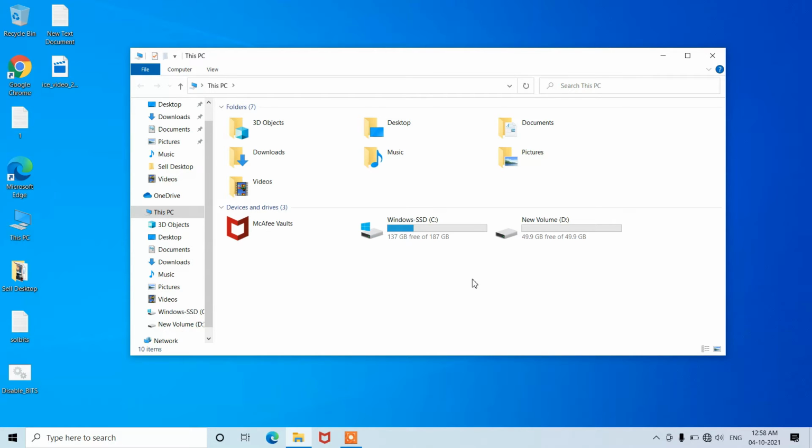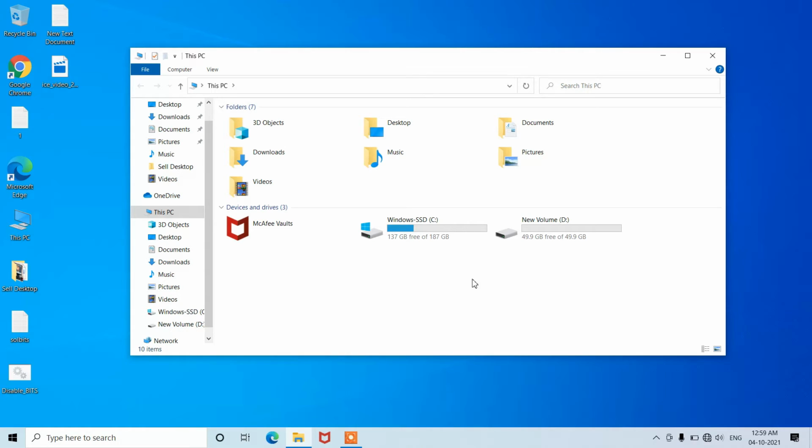Now one thing that you must be thinking is on which storage device you should keep this system image backup. Well, the answer is it depends entirely on the size of the data. Suppose you have 500 GB of data on your hard drive, then in that case you must use an external hard drive of 1 TB. But if the data on your drive is less, suppose 50 GB or 100 GB, then you can use a pen drive of 64 GB or 128 GB.